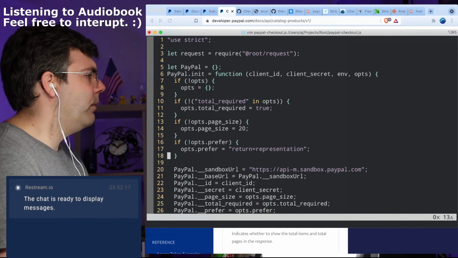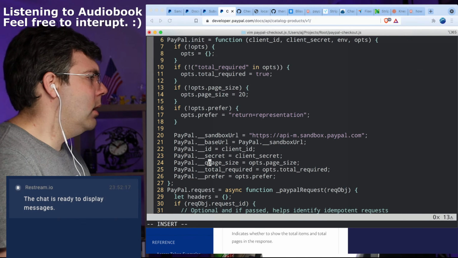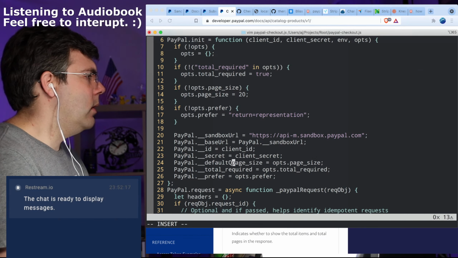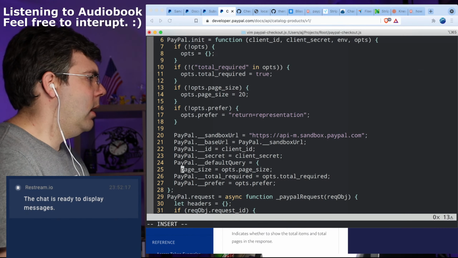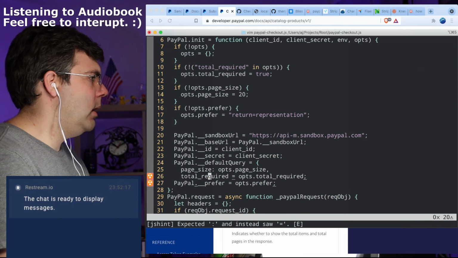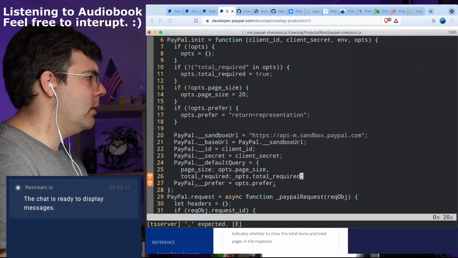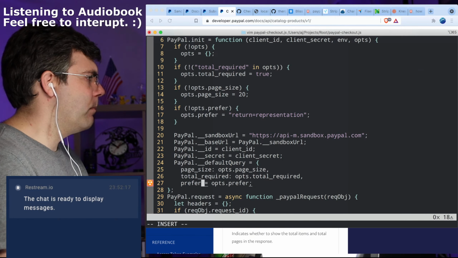Ooh, you know what I should do then? This should be default query is what we should call this. And then we should do it this way. Yeah, that makes more sense. And that's going to be easier because then we can just use object.assign to do the shallow merge, which is all we need.